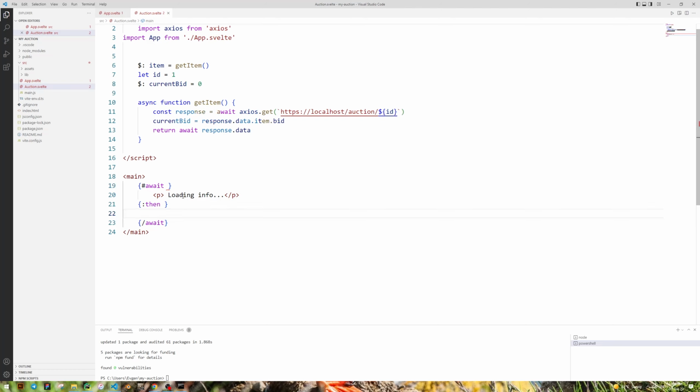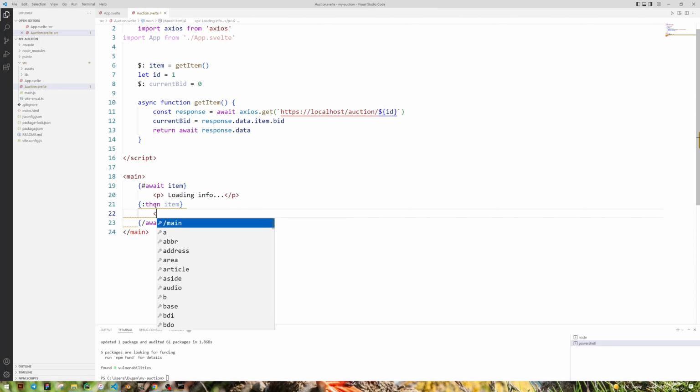Yes. Then after then we will have to write what we're waiting for, and we're waiting for item, and we'll write it here as well. So then item,